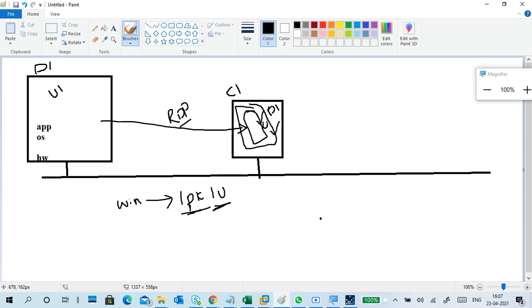I log in here remotely, which means it is logged off from here. So in one PC, one user can log in either directly or remotely. When I log in remotely, this will be logged off and it will appear here.